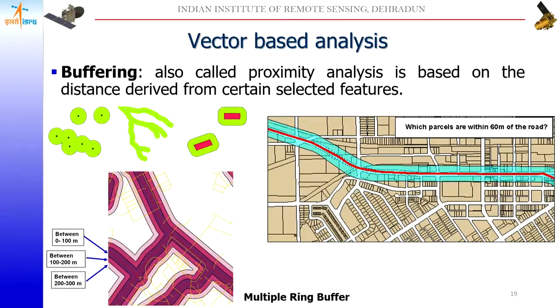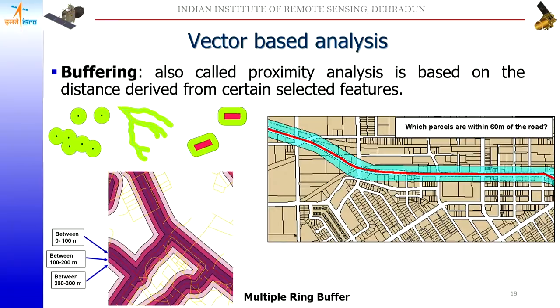Another operator that is widely and commonly used is the buffering operation, which we call a buffer. You can consider it as spatial proximity regions over selected features or all the features. Basically, we are trying to look at the area of influence. Now, this buffering could be done with reference to a point, line, or a polygon, but the output will always be a polygon.